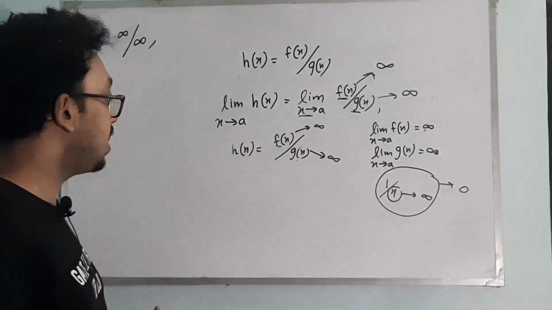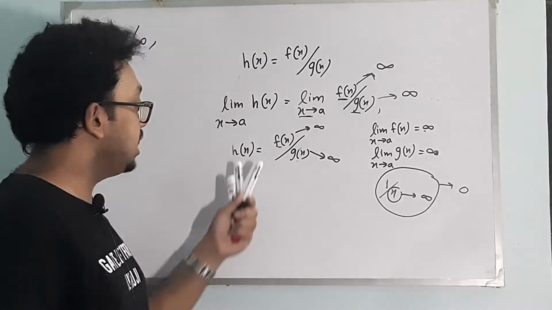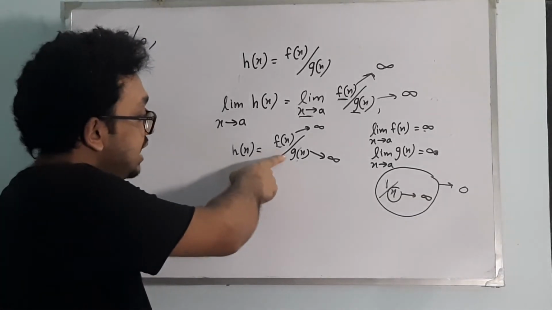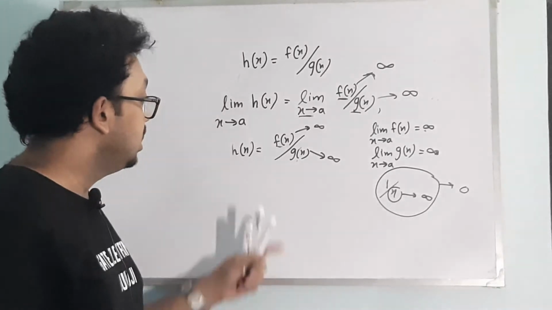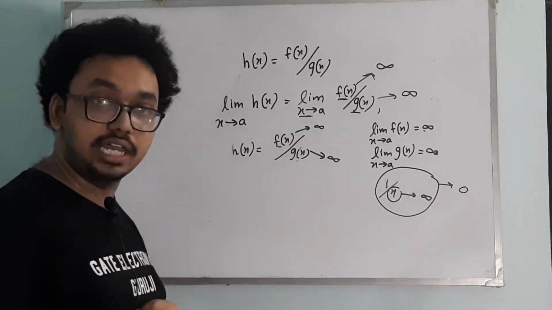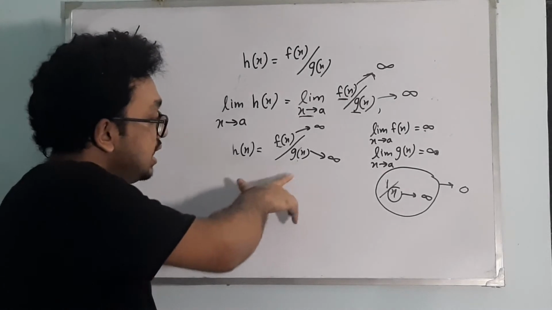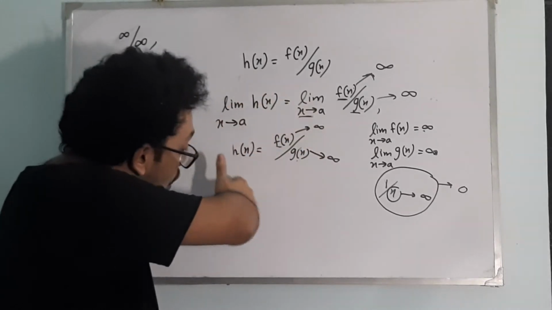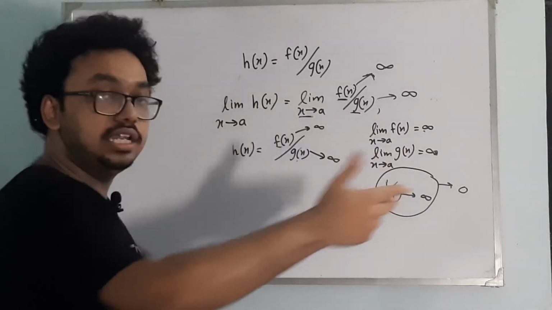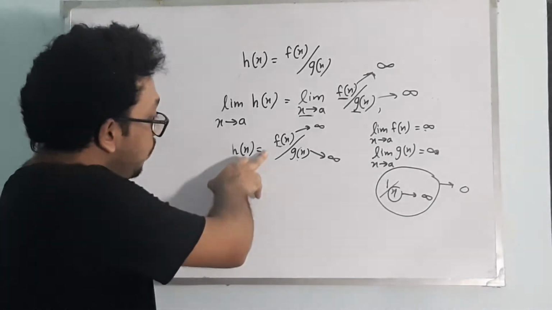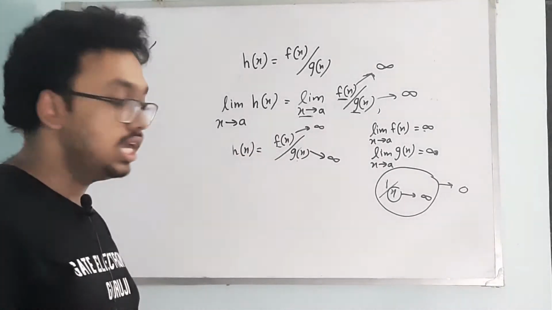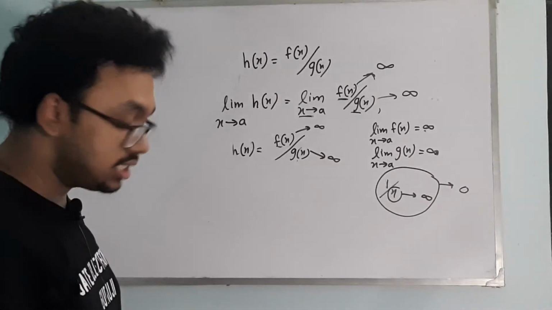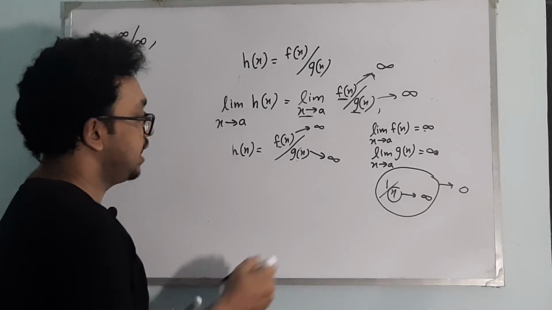So without doing any further calculation, you cannot say whether the numerator is dominating or the denominator is dominating. If the numerator increases at a greater rate as compared to the denominator, then the whole fraction value will tend towards infinite. If the denominator g(x) increases at a higher rate as compared to the numerator, then this will try to make the whole limit value tend towards 0. And if both f(x) and g(x) increase at the same rate, then the limit will be some non-zero constant value. Clear? Now the question is how to solve when we have a problem in infinite by infinite form.